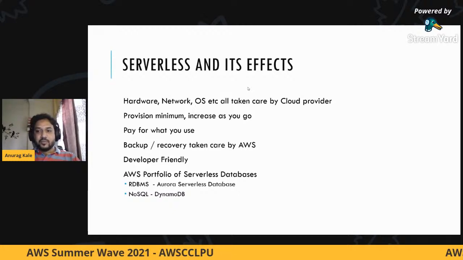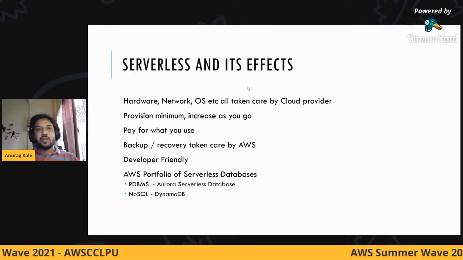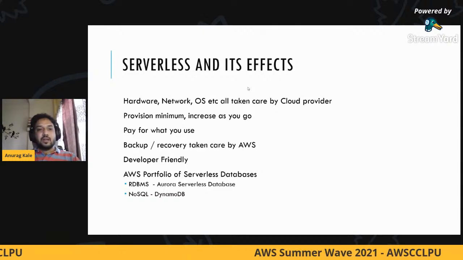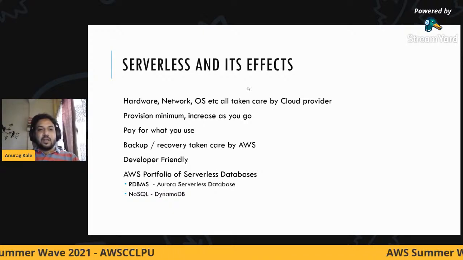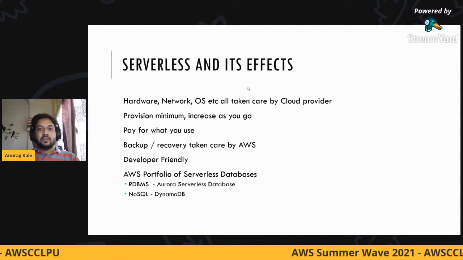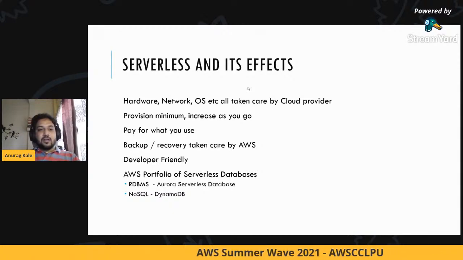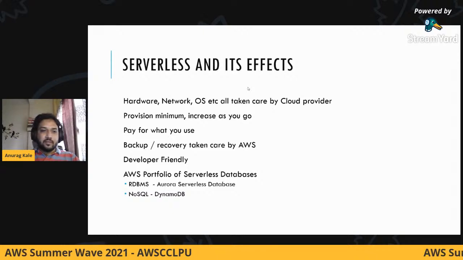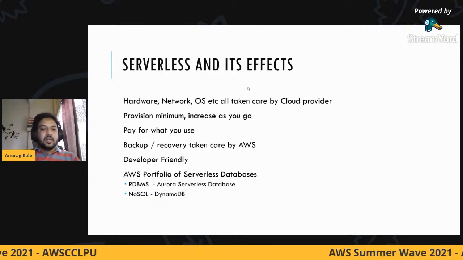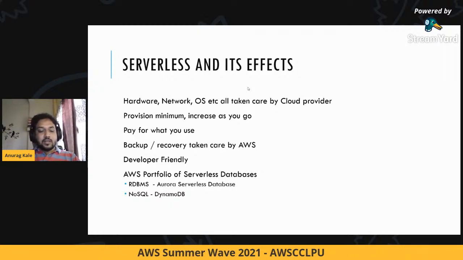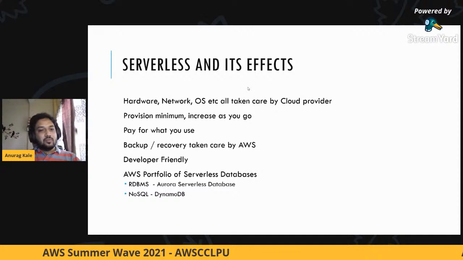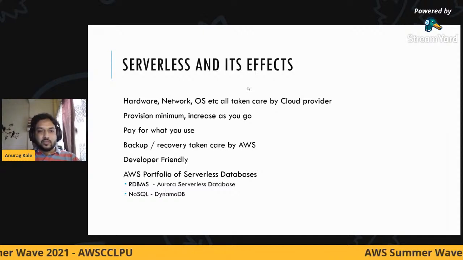So in this case, Amazon. Amazon said, okay, let me worry about having a server. Let me worry about having a team that is going to look after backup and recovery. Let me have a team looking after, let's say, network, and we will take care of it for you. We will make sure that the database hardware is up and running all the time. And you can concentrate on your business. That is how it came into effect, and that is how serverless databases were born.